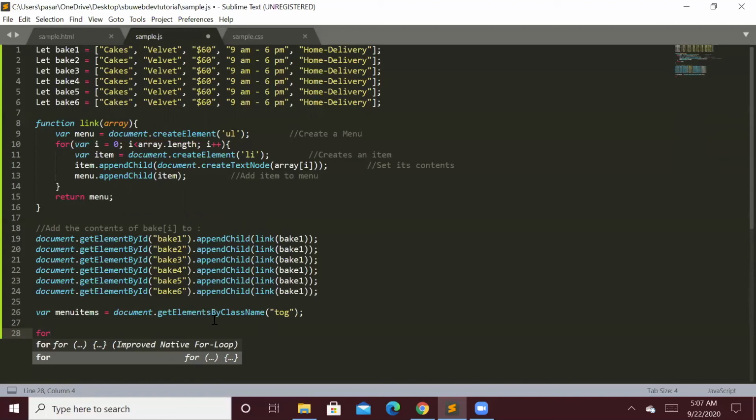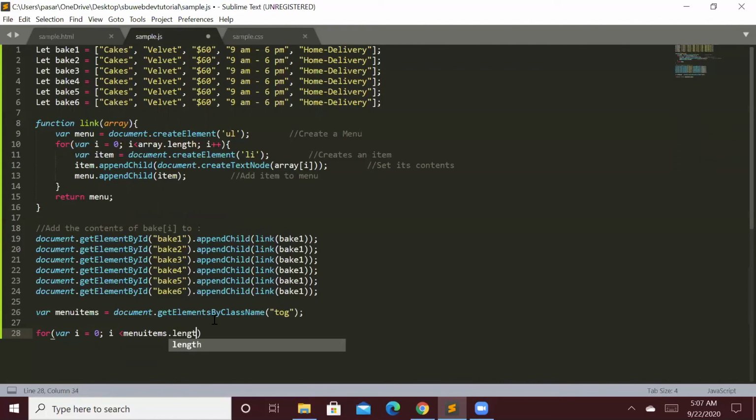For this we're using JavaScript, so we make sure we're using a for loop. So that's going to go in your conditions: i is less than menuItems.length, and i++,